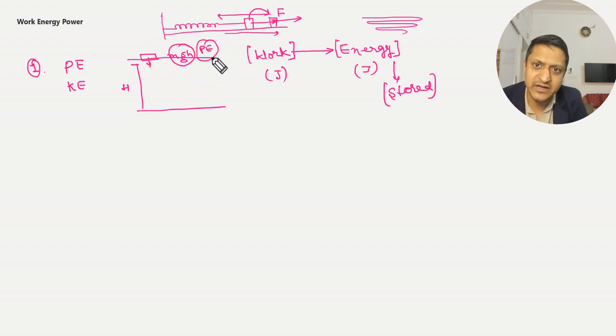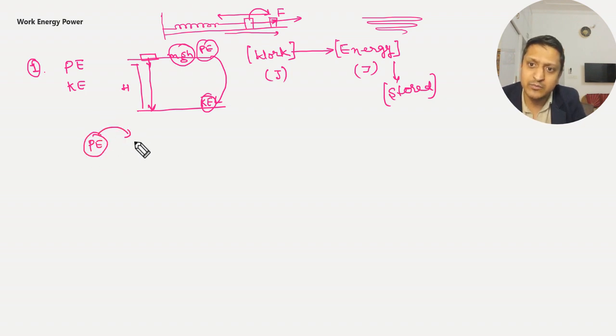This potential energy will get converted to kinetic energy when we leave this object. So this object will go down, and the potential energy will convert to kinetic energy. This is one concept. The second concept